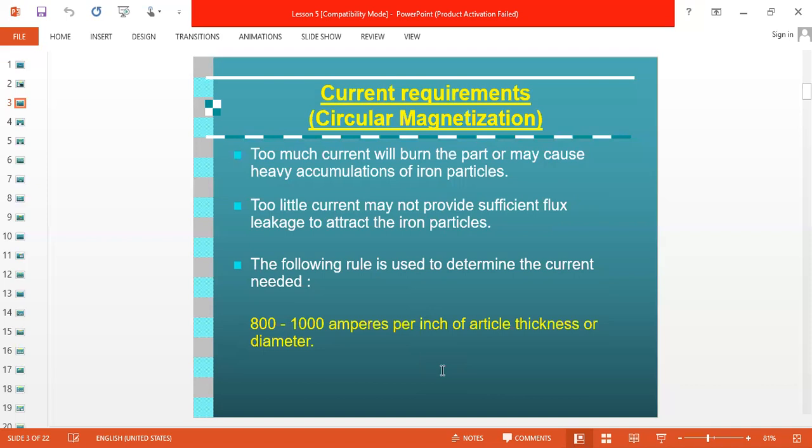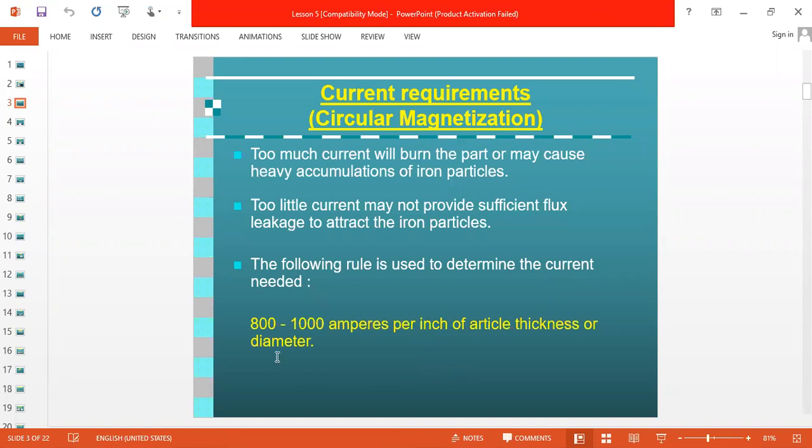If you apply big current for a small job, there are chances of excess magnetization, and due to excess magnetization, we will get non-relevant indications on the job specimen. That is not a true indication, so we have to avoid this type of indication. That's why we have to give the minimum current actually required to find the true discontinuities. That is based on this pie gauge and ASME Section 5 Article 7. There is a current calculation given for headshot, but here we are looking just at standard practice. This value and the Section 5 article values may be different. These are just general values.